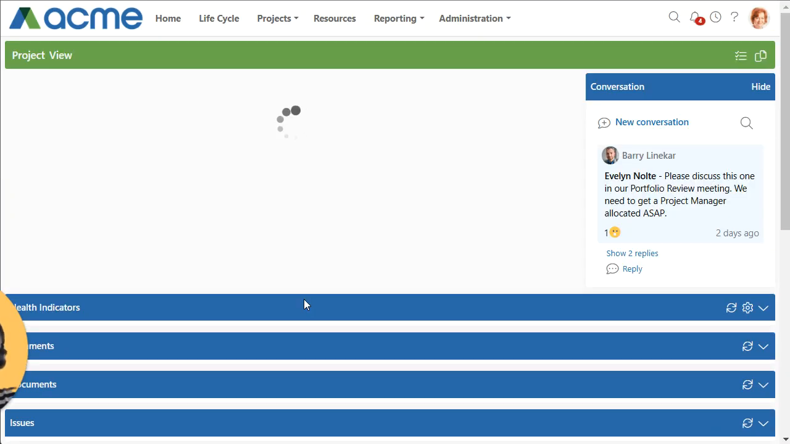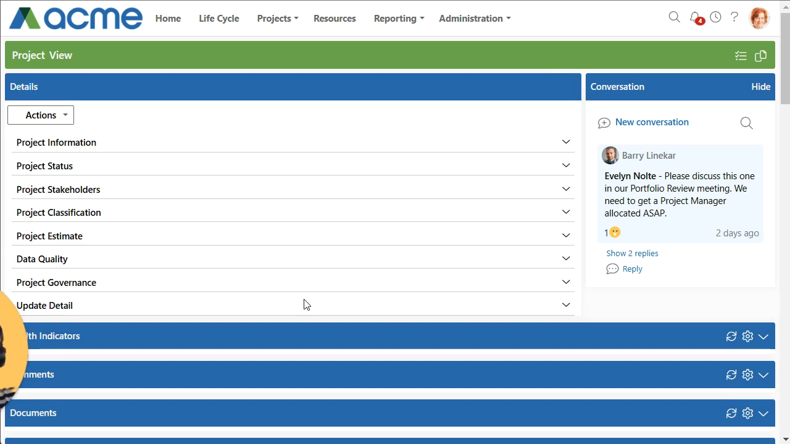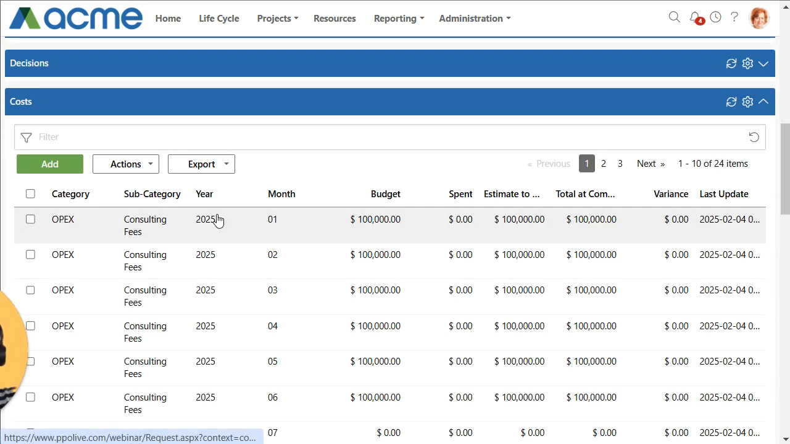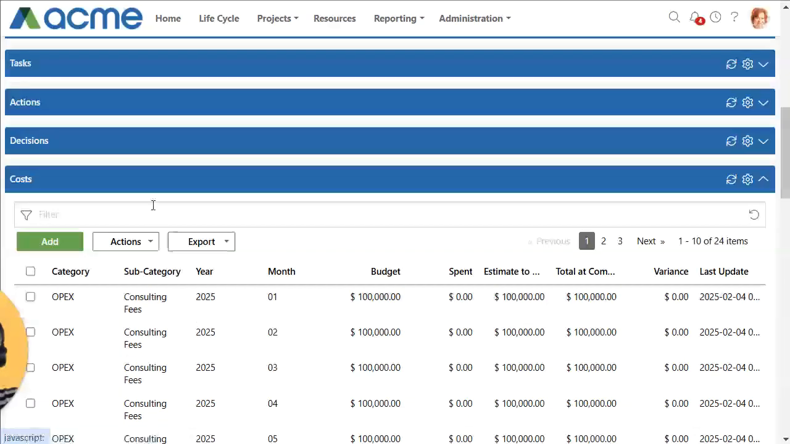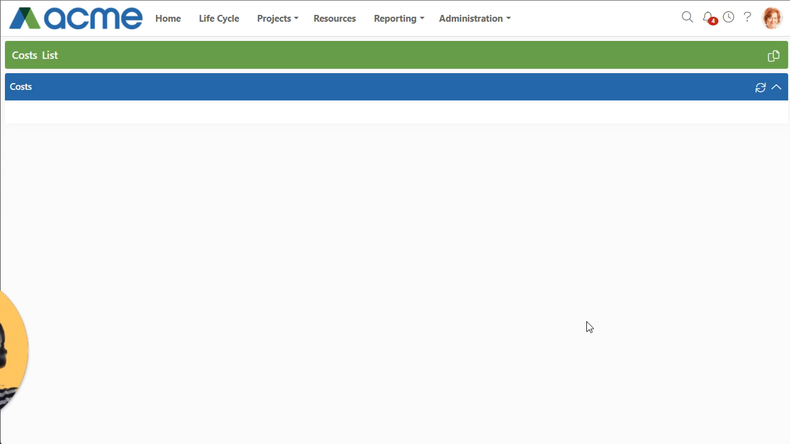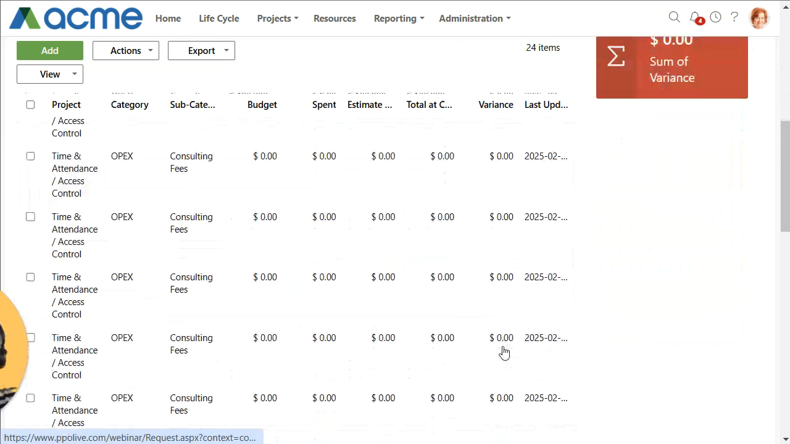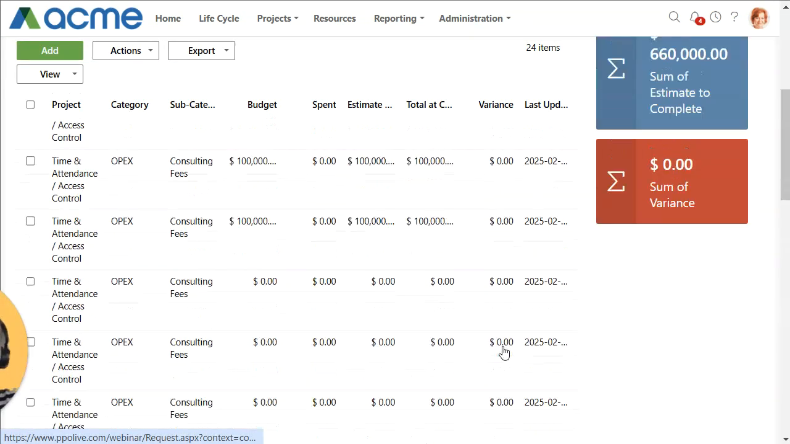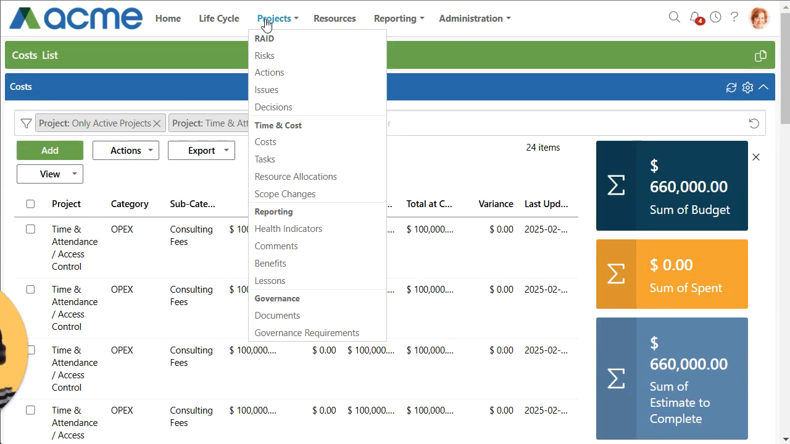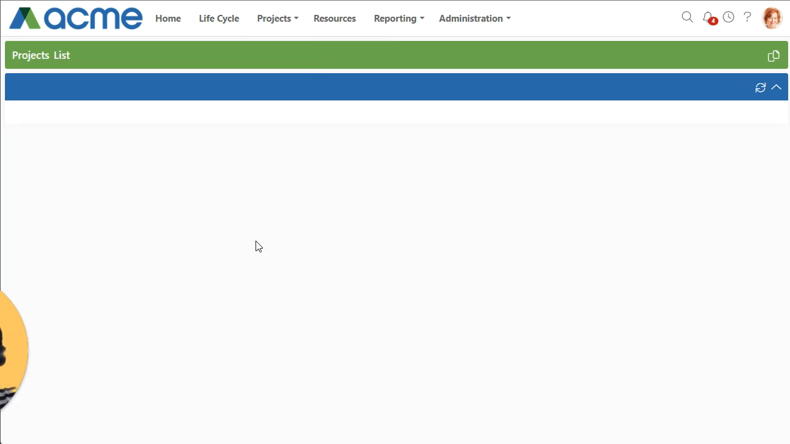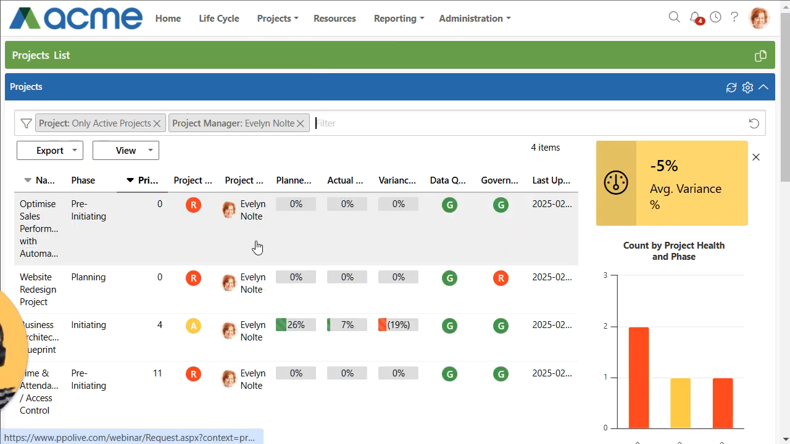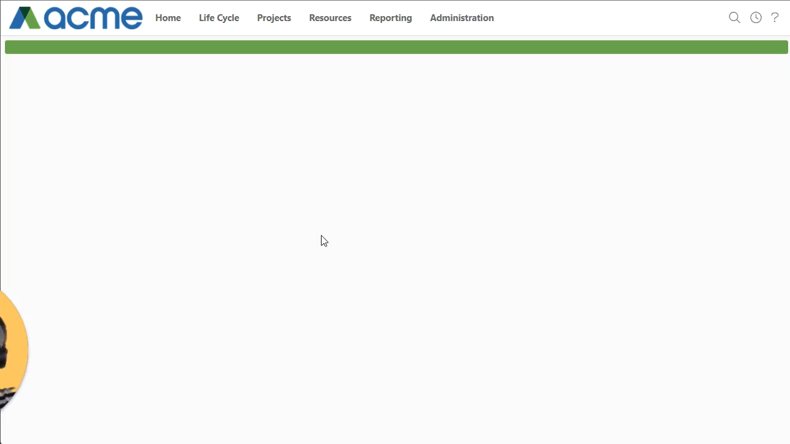So here you can see, if I go back to my project view and check out my cost list, 24 records generated, 12 for consulting fees. So if I view my list, I would have 12 for consulting fees and 12 for my travel and entertainment budget. And there you have it. So just to navigate back to another one of my projects, which I'll use to show you the second method in which you can get your cost data in, and this is